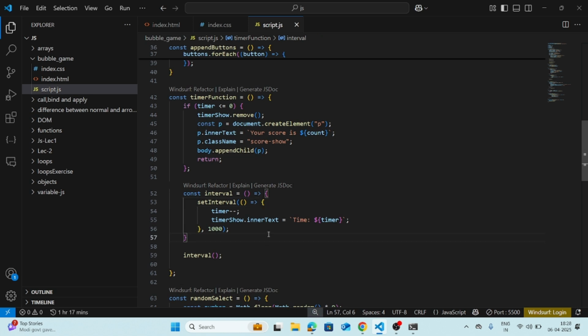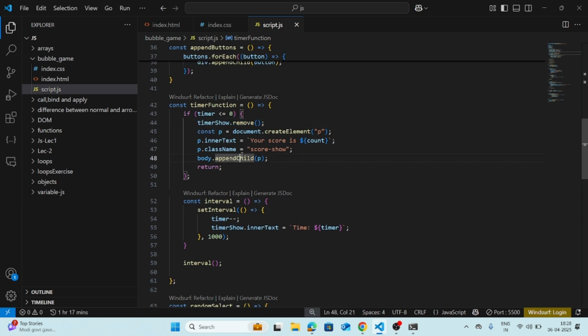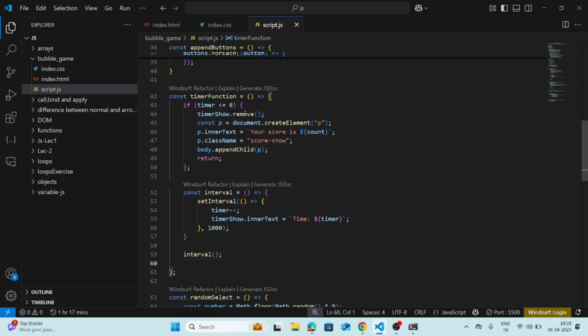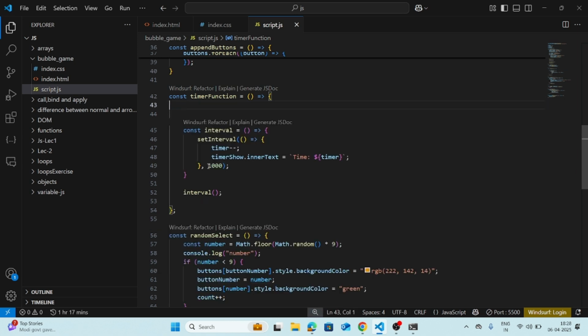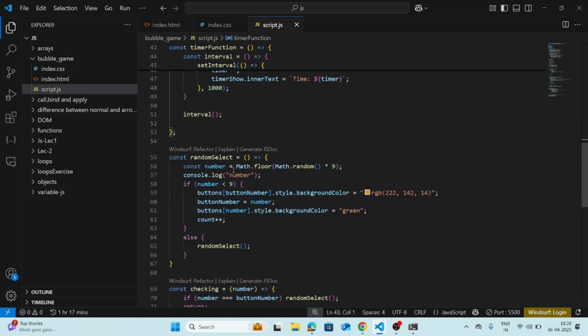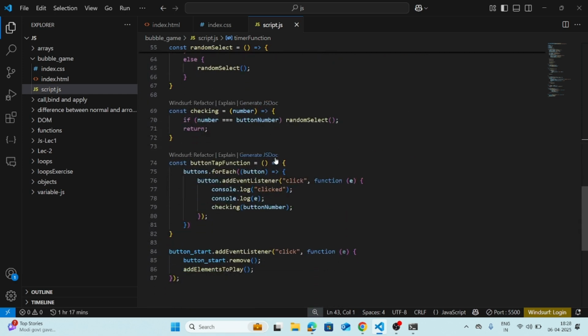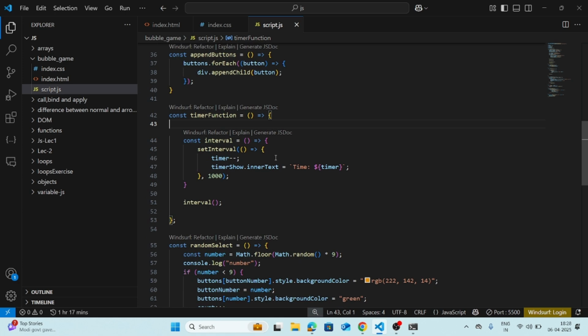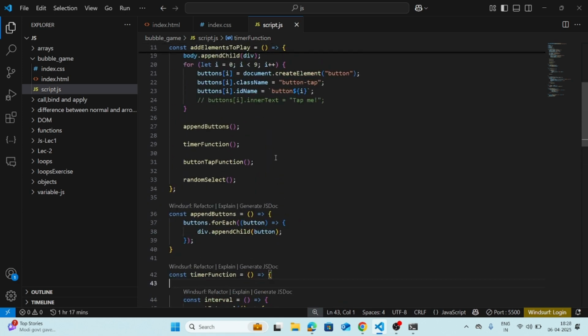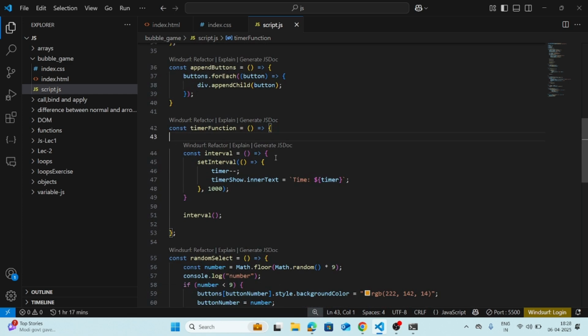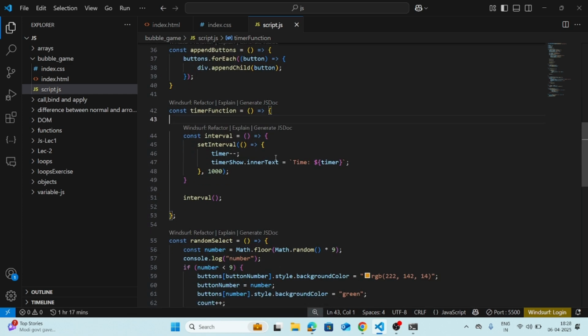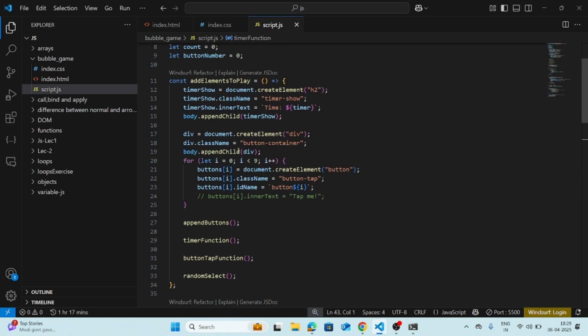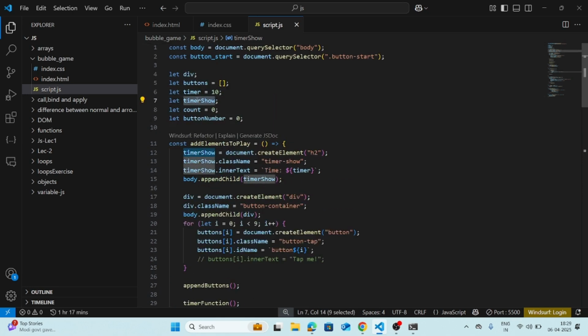Timer is not stopping. Timer show dot remove is also not happening because once the timer function has been started, it's not going to work there. So I will have to use it somewhere where something has been changing, right? Something is changing. So on timer show I have to do an event, why? Because